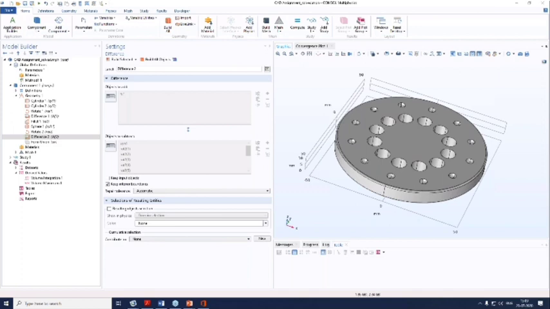Can we have bidirectional coupling only with CAD tools, or can codes also be coupled? So the bidirectional coupling we are having with LiveLink products. So for example,